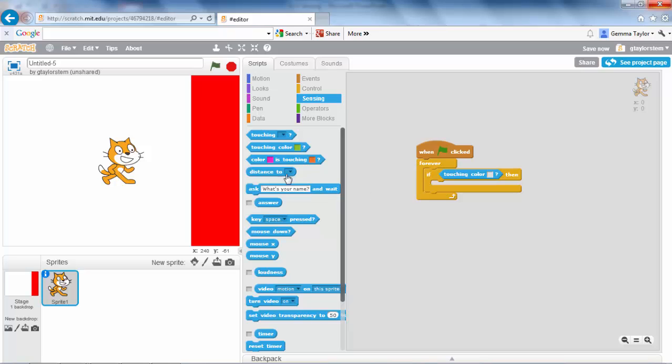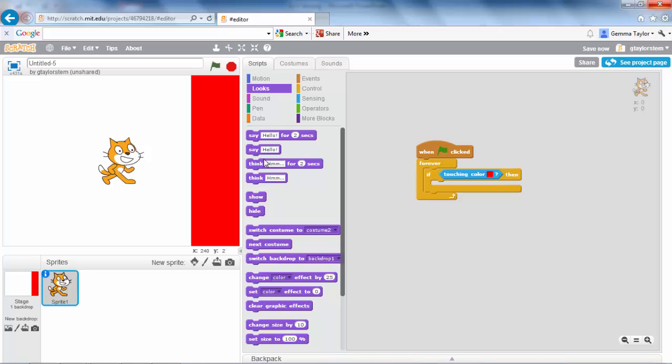So if I click on that colour, and I click on my backdrop, you can see that the colour's changed. It picks up every colour that we're passing. So we're going to go with red. And what we're going to do is, if it touches that red, we'll just make it say ouch. But we need to make it move first. So to make it move, I'm going to use a really quick function. What we're going to do is stop that program,